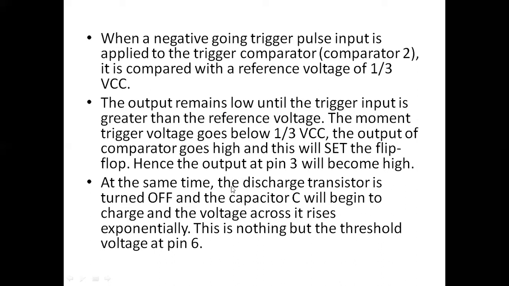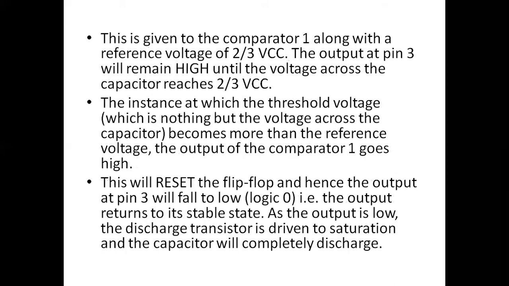At the same time, the discharge transistor is turned off and the capacitor C will begin to charge, and the voltage across it rises exponentially. So this is nothing but the threshold voltage at pin 6. So here we have,